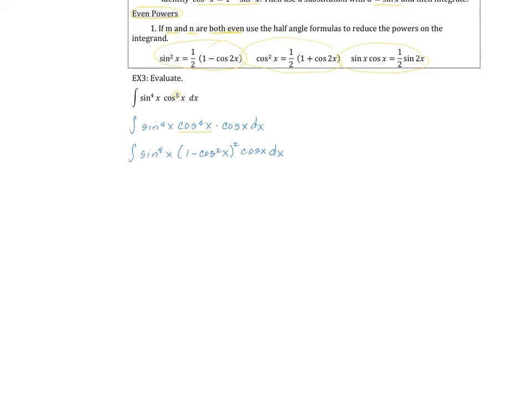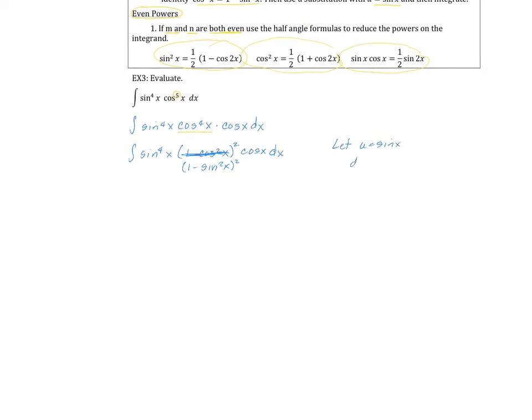Did I just write cosine squared? Oops, I don't know where my mind is at today. It is 1 minus sine squared x quantity squared. Apologies. Okay, so now our u substitution will be sine,